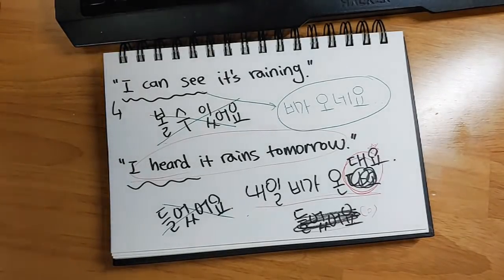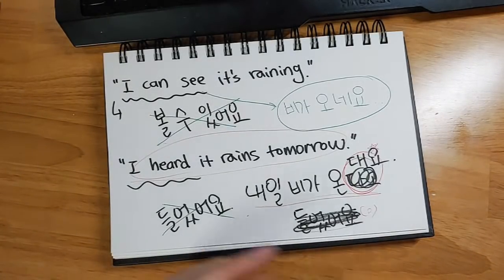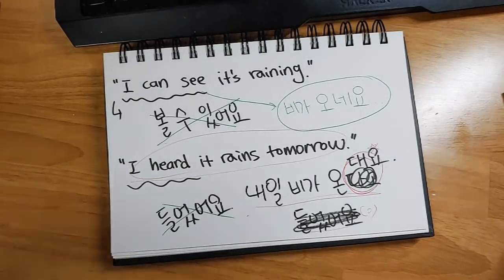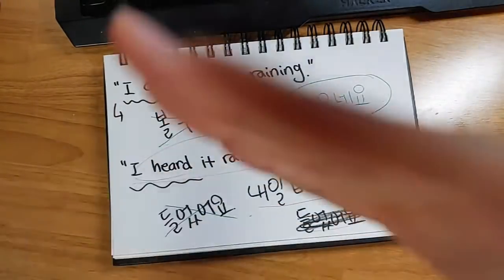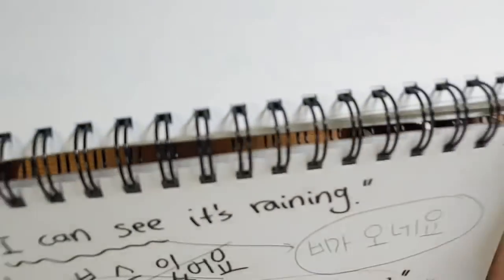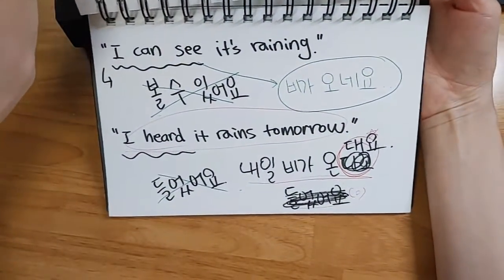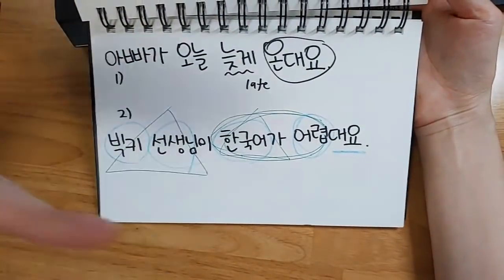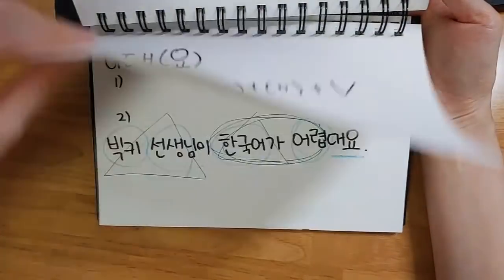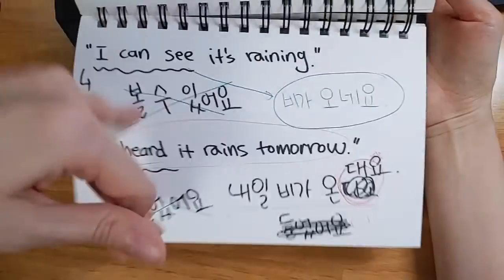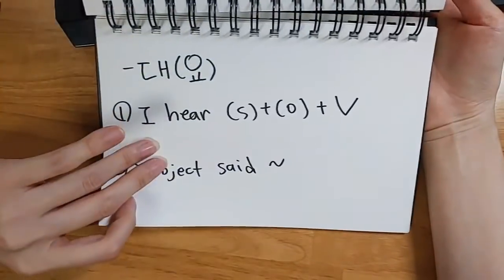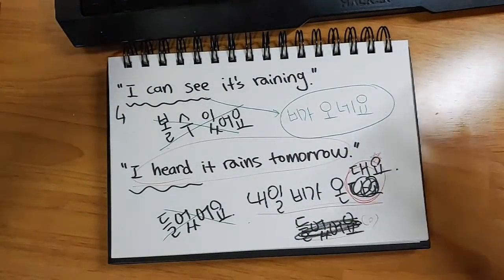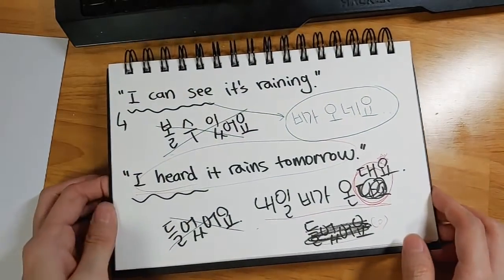So the sentence ending makes the sentence a lot simpler, right? That's the charm of sentence endings, and that's why knowing a lot of sentence endings and knowing how to use them correctly would be really helpful in making your Korean sound more like a native speaker. But of course, it's not easy to get there at first, right? As you can see, Korean grammar is very wide, just like any other language's grammar. There are many things to note and follow up on. So you'll get there, guys. I'm trying my best to offer you help. So yes, that's